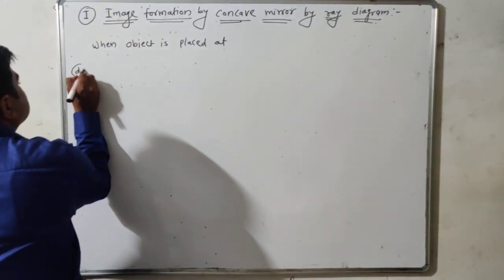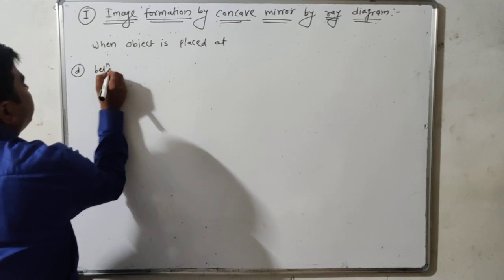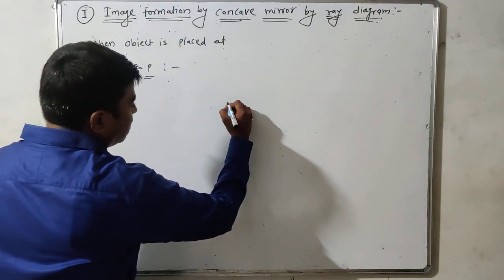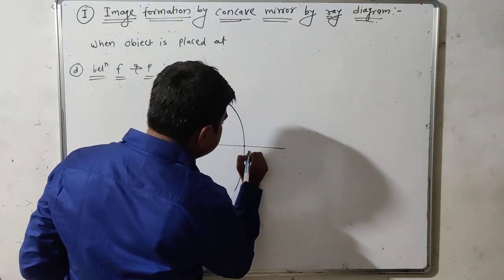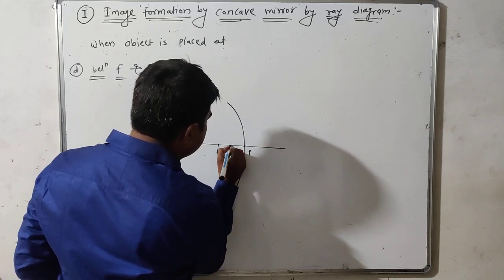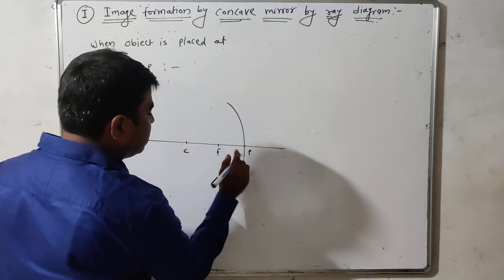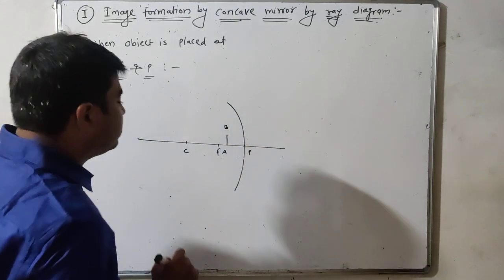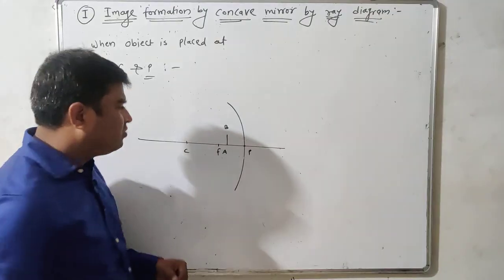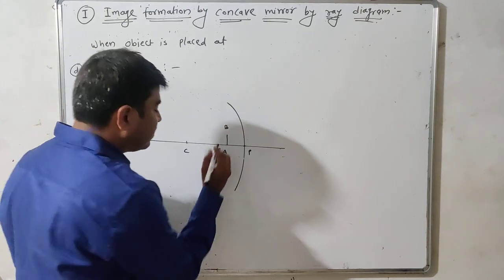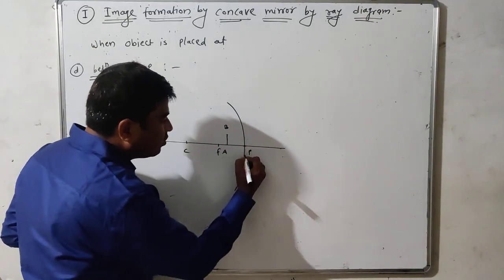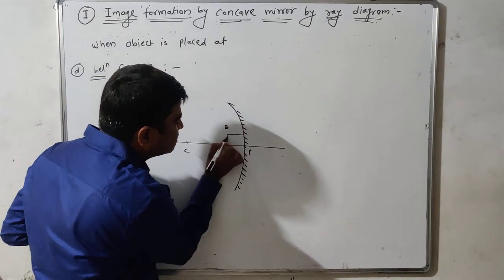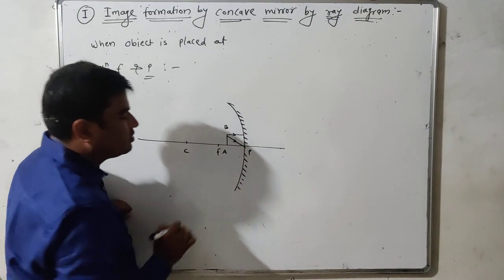Now the last point, between focus and pole. Now student, if the object is located between focus and pole like this, now what is the position of its image? For that we again follow the rules for drawing ray diagram. All the rays emitted by B, we take only two reference rays. First of all, parallel to principal axis, and the second one incident upon the pole directly like this.